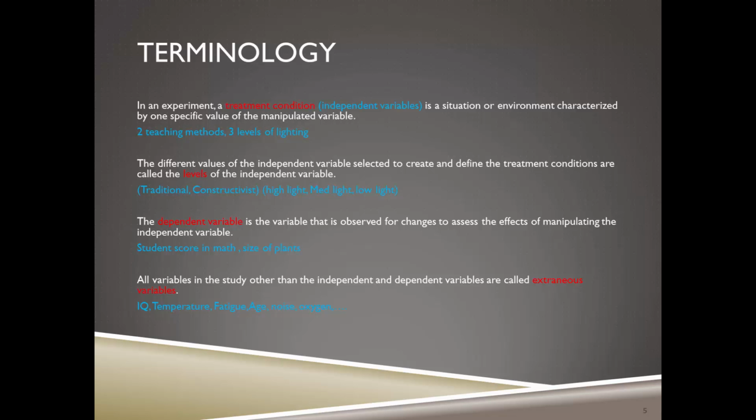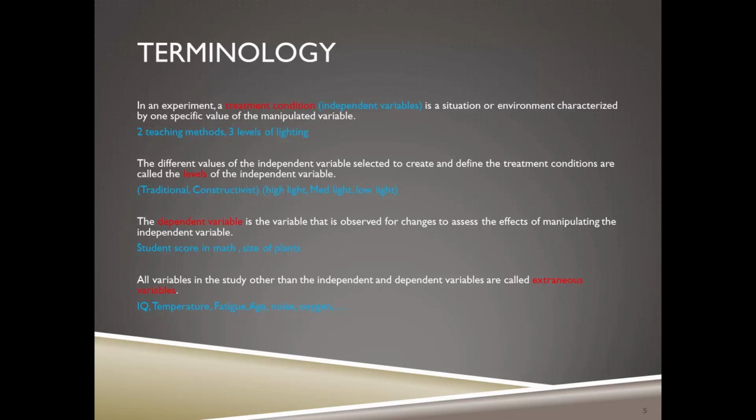And finally, everything else is an extraneous variable. Any other variable other than the independent and the dependent variable is called extraneous variable. So for example, the level of oxygen, the kind of fertilizer, the temperature, the noise, or in case of students, the age, the IQ, and the gender, they're all extraneous variables that we have to control if we want to do an